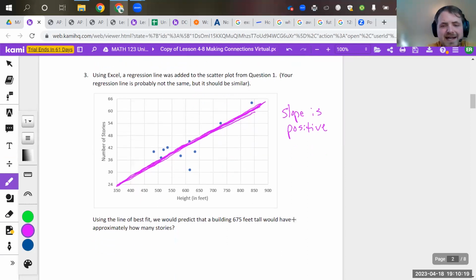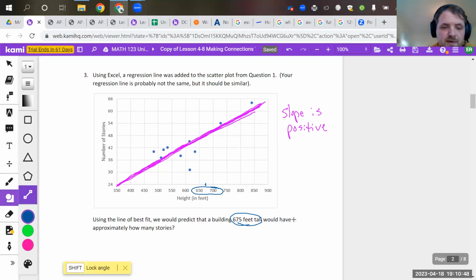So as I try to create a function, we don't have one. We could try to model one, but then this question down here says, if we could predict when the building is 675 feet tall, how many stories does it have? So if I go 675, that's perfectly in the middle of 650 and 700. So I'm just going to make a little tick mark there, and I'm going to draw a straight line so I don't embarrass myself. So we are going to just connect this straight up,